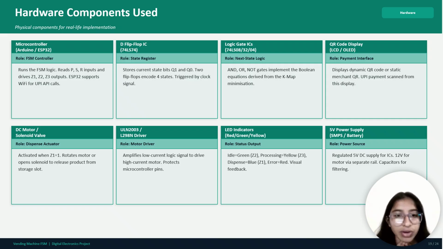So what are the hardware components used? A microcontroller like ESP32 or Arduino. It is preferred because it has built-in Wi-Fi, allowing it to communicate with the UPI payment API directly. It runs the FSM logic and drives all outputs. The D flip-flop IC we use is a dual D flip-flop in a single chip. Two flip-flops are available, which is exactly what we need for Q1 and Q0. The logic gate ICs, the QR code display,